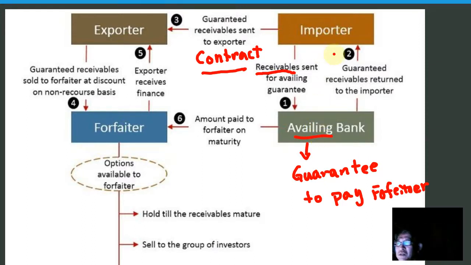Receivable is the importer's promise, the importer's promise to pay the avaling banker. By the receivable, on the basis of the receivable from the importer, the avaling banker also guarantees to the forfeiter to pay the amount of the export claim. Okay, then once the avaling bank is determined, the importer sends the guaranteed receivable